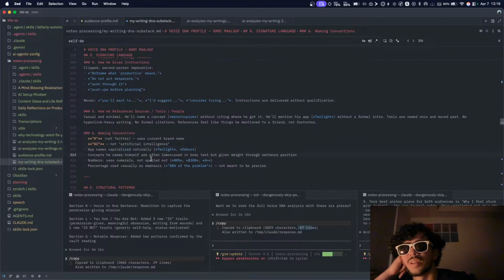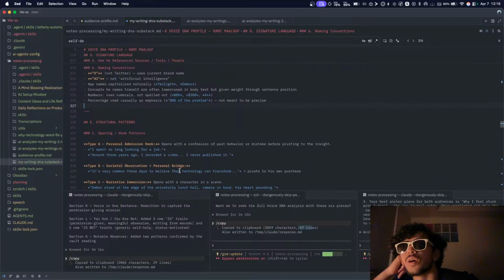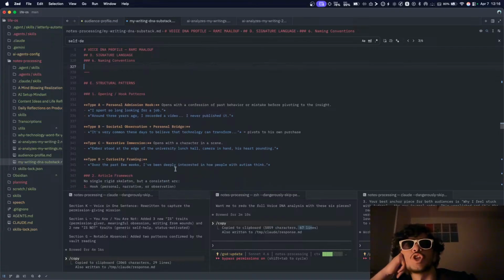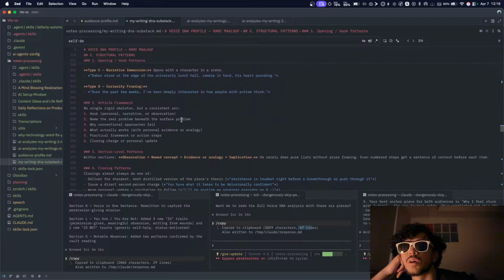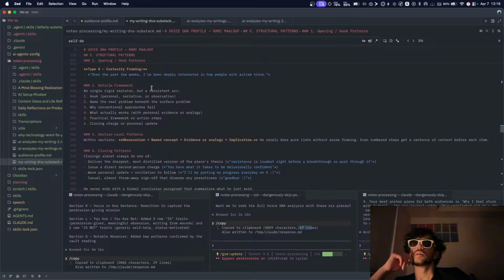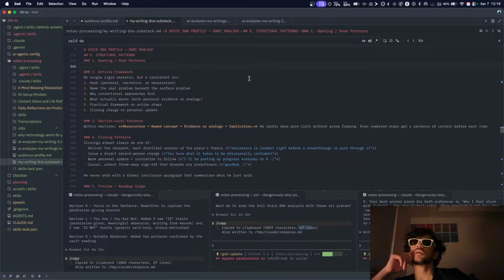Yeah. He names himself, loving case in mind. Uses numerals. Yes. Okay. Personal admission hook: I spent so long looking for a job. Curiosity framing: over the past few weeks, I've been deeply...